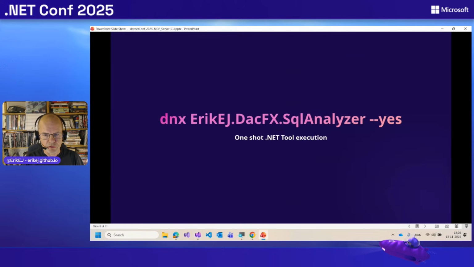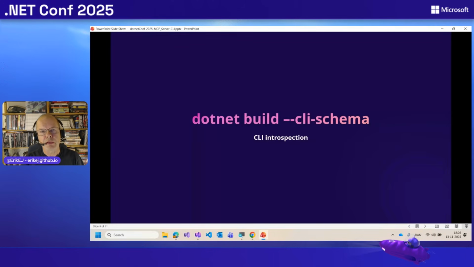Another thing that maybe will come, a little bit of a future thing, is CLI introspection, the ability to expose structured information about your commands and their parameters with a CLI schema switch.